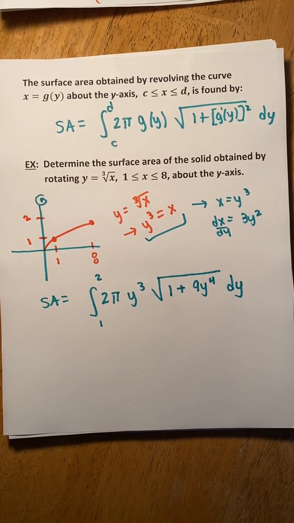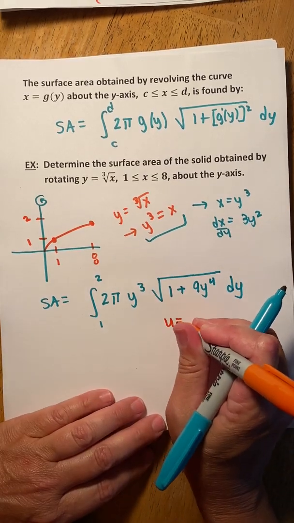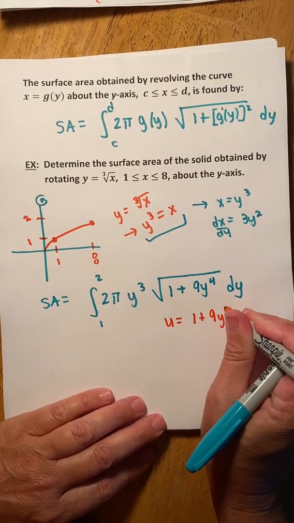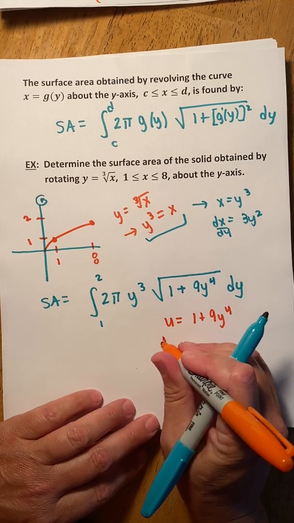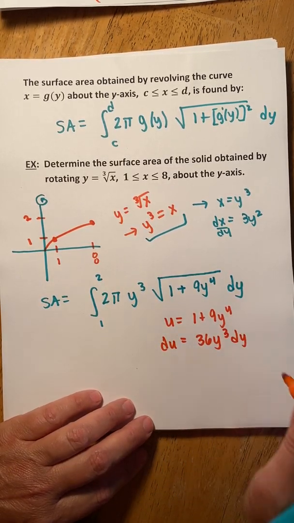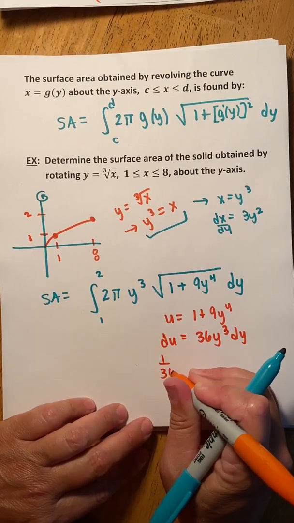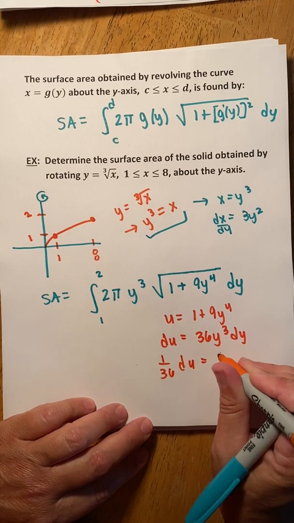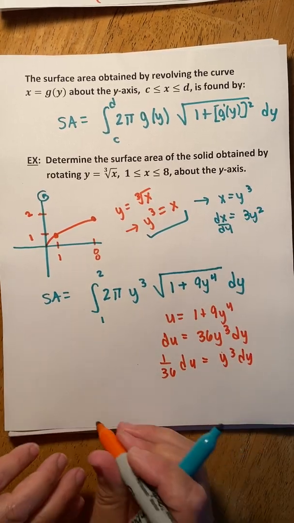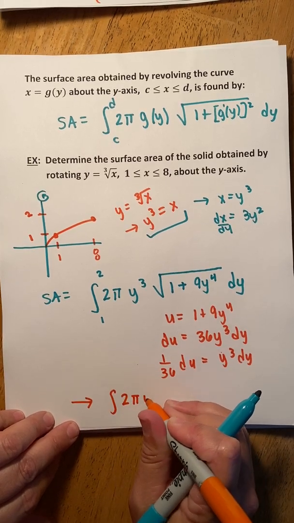And how are you going to integrate this? Well, we're going to use U-substitution. Let u equal 1 plus 9y to the 4th because we can see we have y cubed out there. So it's going to be 36y cubed dy, right? So 1 over 36 du equals y cubed dy. So in turn, you're going to integrate 2 pi